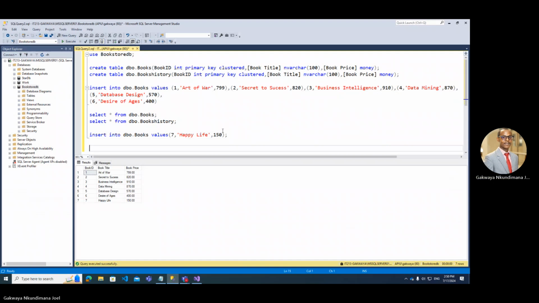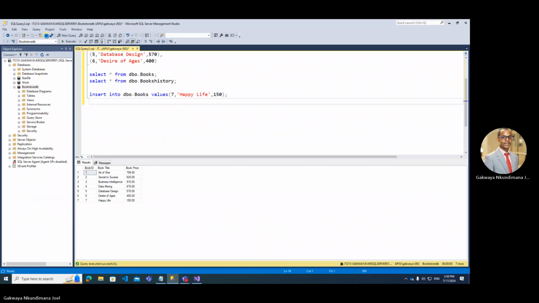Let's say you do this, update dbo.books, and then you say set, as an example, set book price to be equal to